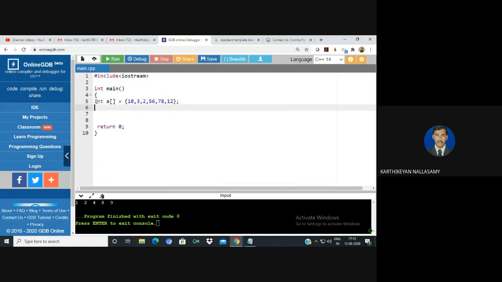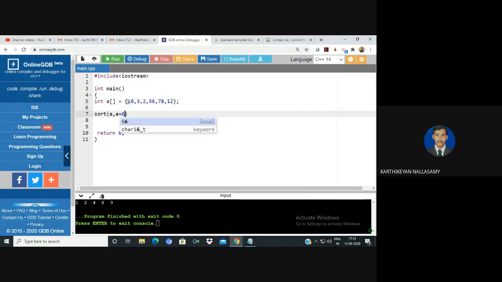So just the array is created. Normally I'm going to call the sort method, so that the initial address is given, and we must know up to how much. I mean, you must know the length of your array. Better, we can say you can count how many elements we have. That is the best choice. So here there are 6 elements, so you can give 6. It takes 6 elements in the list and performs the sorting.